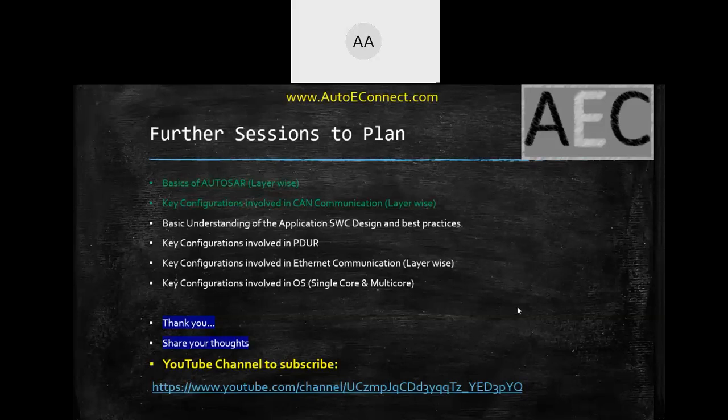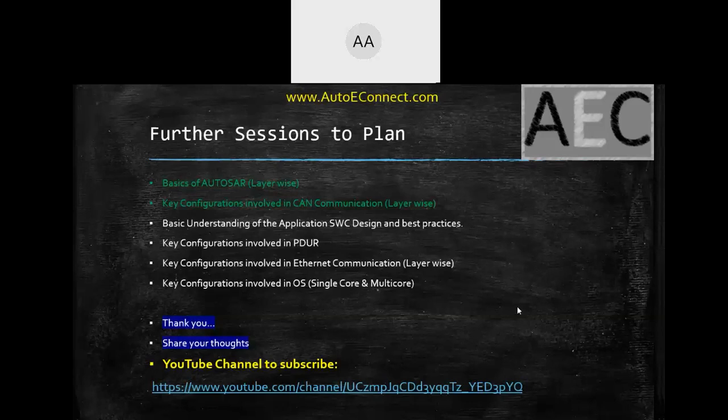Okay, you were talking about the wake up source in ECUC. Is it for the microcontroller or for the CAN channel? See, in the ECM, the ECU manager, it will be considering all the networks, or the communication networks, which are there in your ECU. So for each channel, you can have a network wake up source.